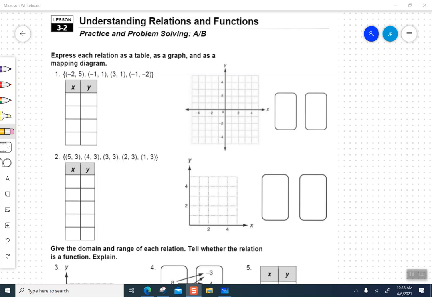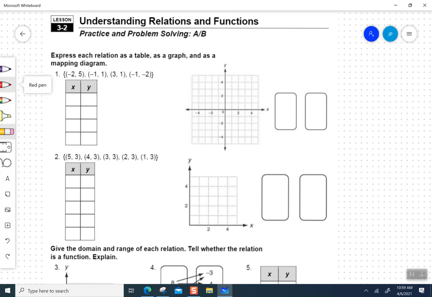So, here we go. All right, so it wants us to express each relation as a table, a graph, and as a mapping. Again, relations are sets of ordered pairs. That's why you have the little squigglies on both sides, because that constitutes a set. And ordered pairs are coordinates x and y. So first one is going to be